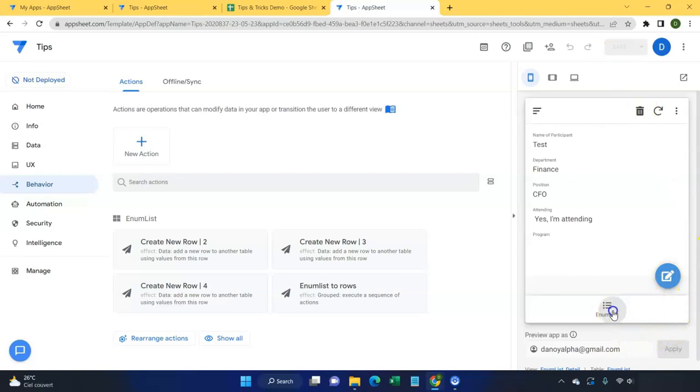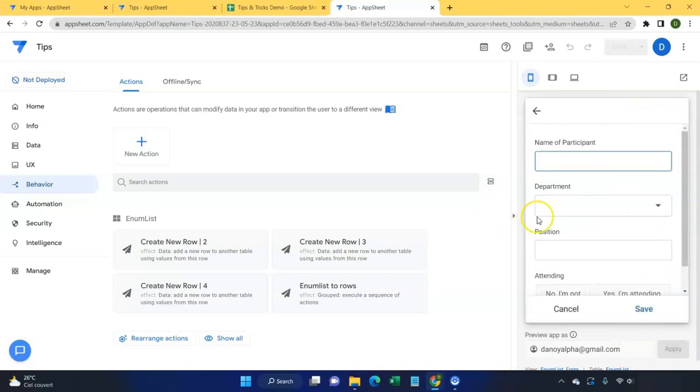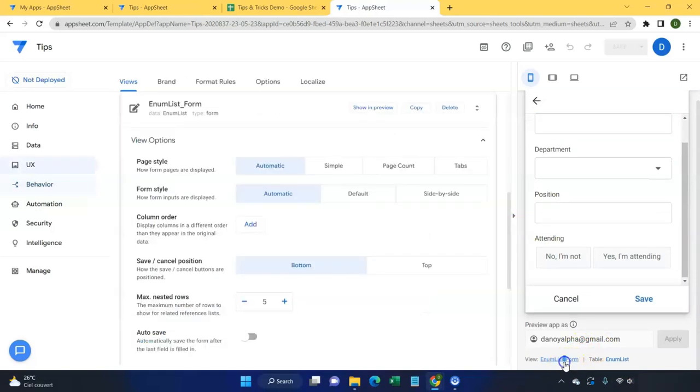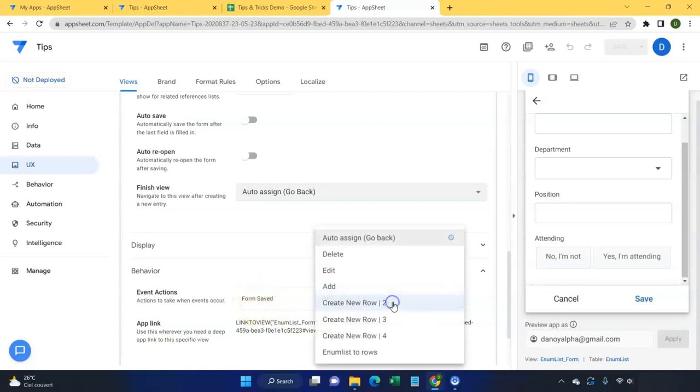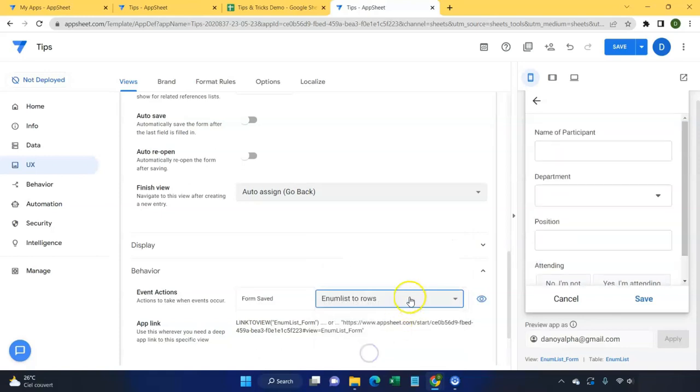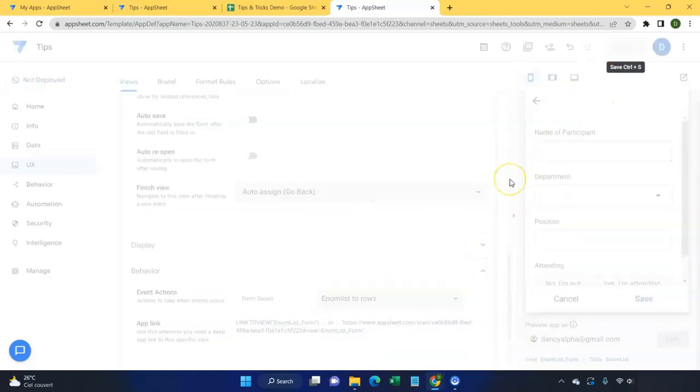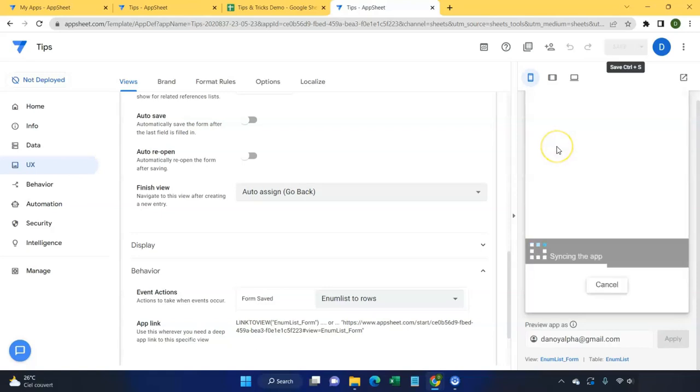So once I have this in place, in my form, when it comes to the form view, I have a behavior section. You can actually attach an action to a form when it's being saved. So when the form is being saved, what action do you want it to run? I want to run my Enumlist, and this is why we had to create this group action, which groups all these actions, because a form can run only one action at a time, right? So if you have a group, you can group all the actions you want to run for that particular form. So we have this over here. I'm going to save this again, right? So with that done,